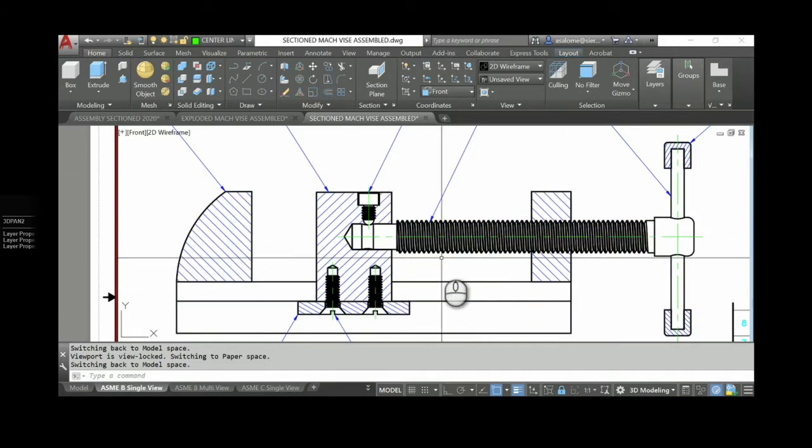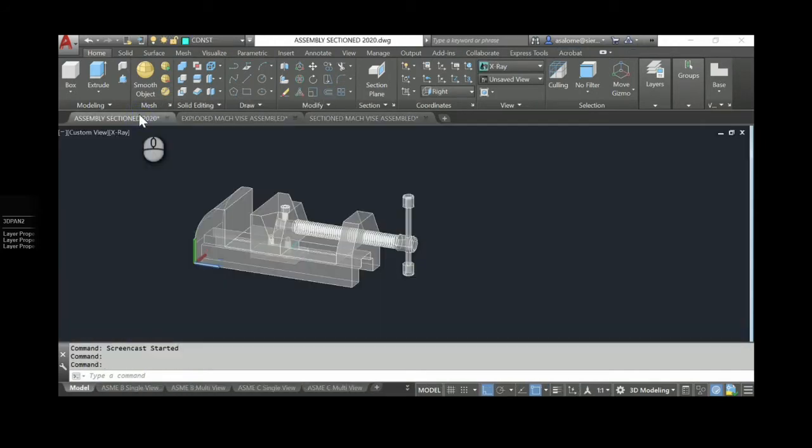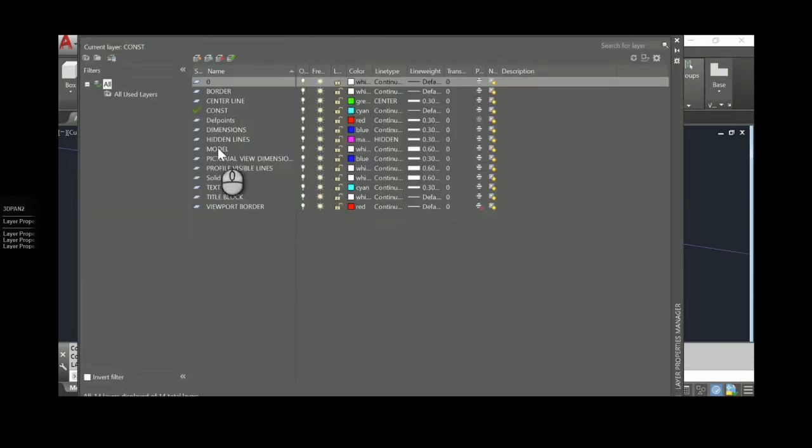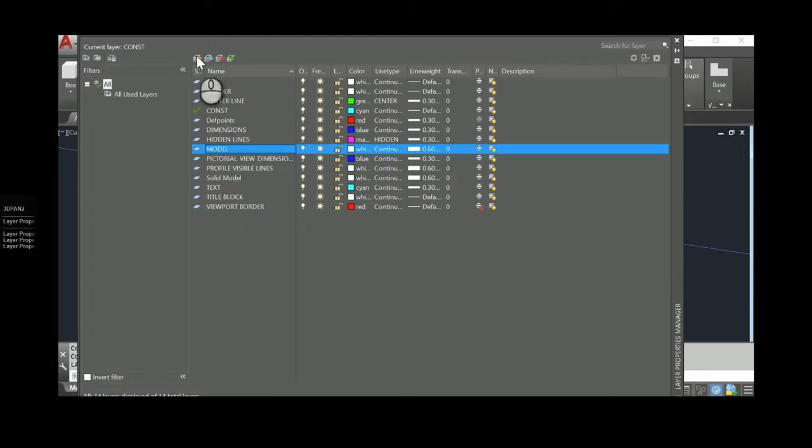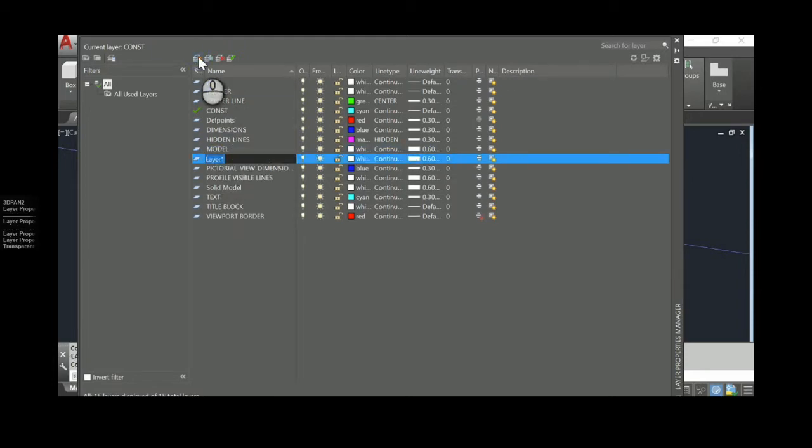So they stay as if you're just looking at them from the outside and the material in front of them is not there. So to do that, what we're going to do is we're going to be taking a flat shot of part of this information and a section of the other part. To do this, we need to separate the components. What are we going to be sectioning and what aren't we going to be sectioning? And I'm going to do this by means of layering control. So I'm going to go to my Layer Properties Manager, and I'm going to go to my model layer, and from it, I'm going to create a new layer, and I'm going to call it Elevated Components.